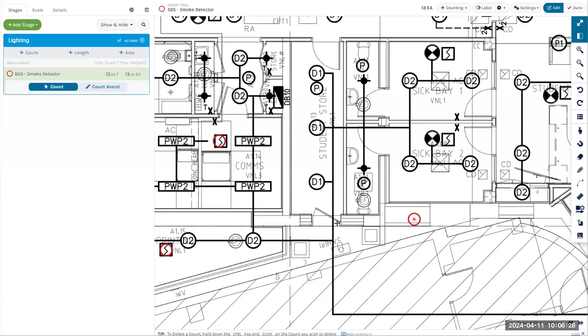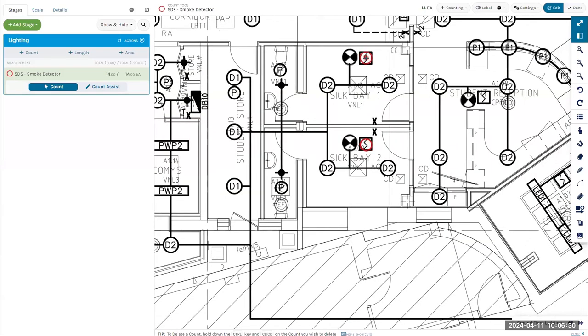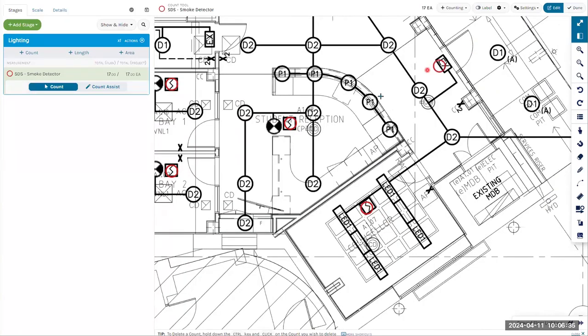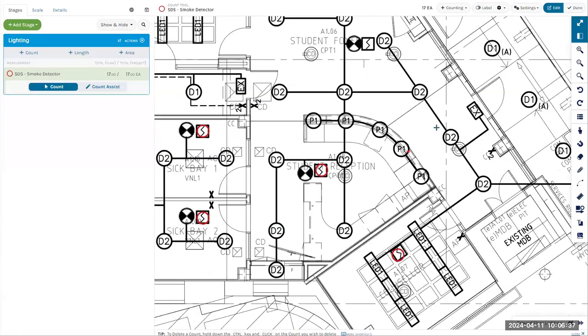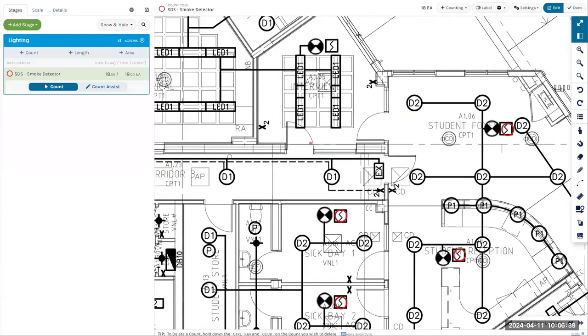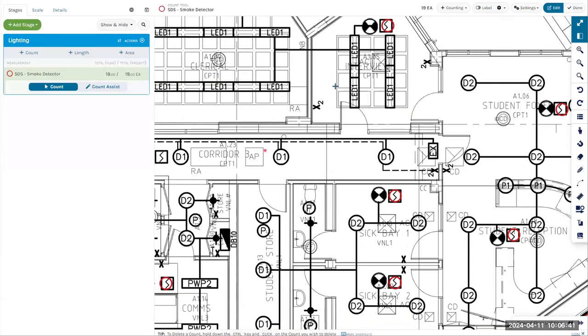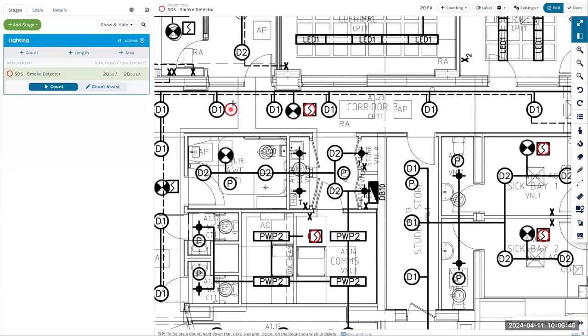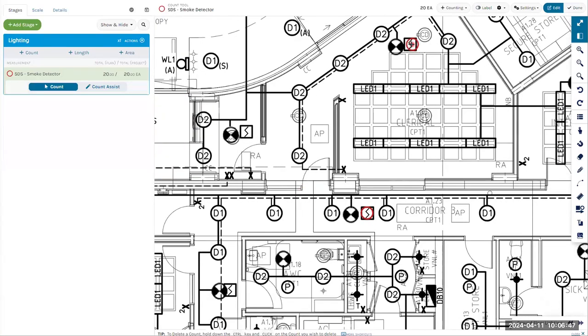Now I am looking to quantify all of my smoke detectors on this webinar. I know there's about 25 on the plan from my previous test runs. The reason I want to do this is to show you the difference between manually counting and how we count using Count Assist. Now, I am not an everyday estimator, so I do sometimes miss some of these smoke detectors,